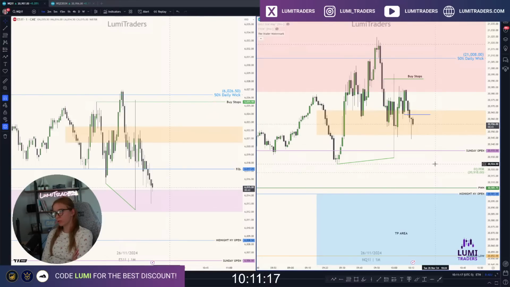Have you taken any trades today? Nothing yet. Nothing I like yet. All I want to see is my TP area, this absolutely amazing blue box. So I would like to see this move down. But I'm not in trade right now.